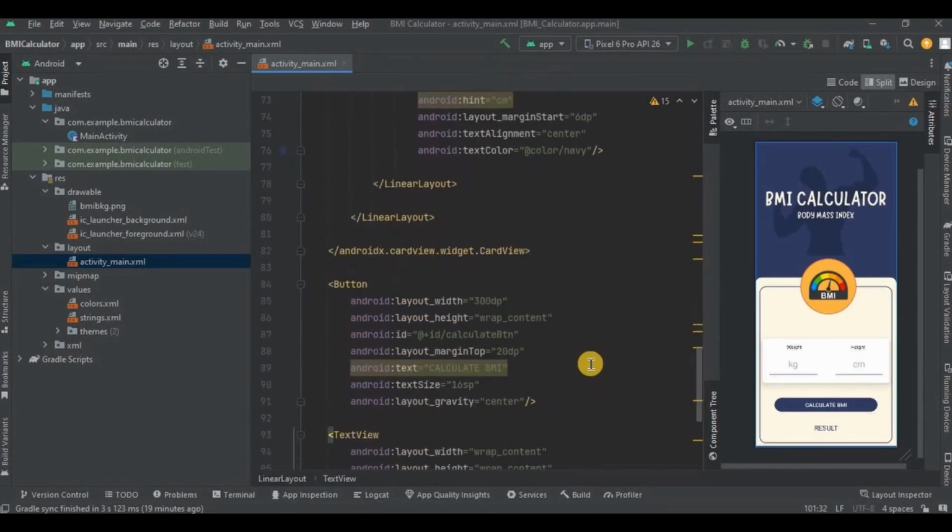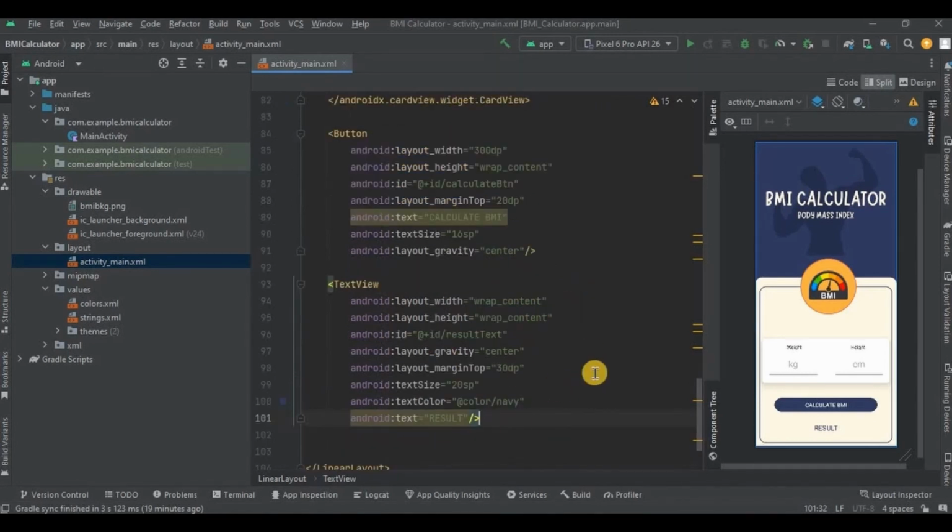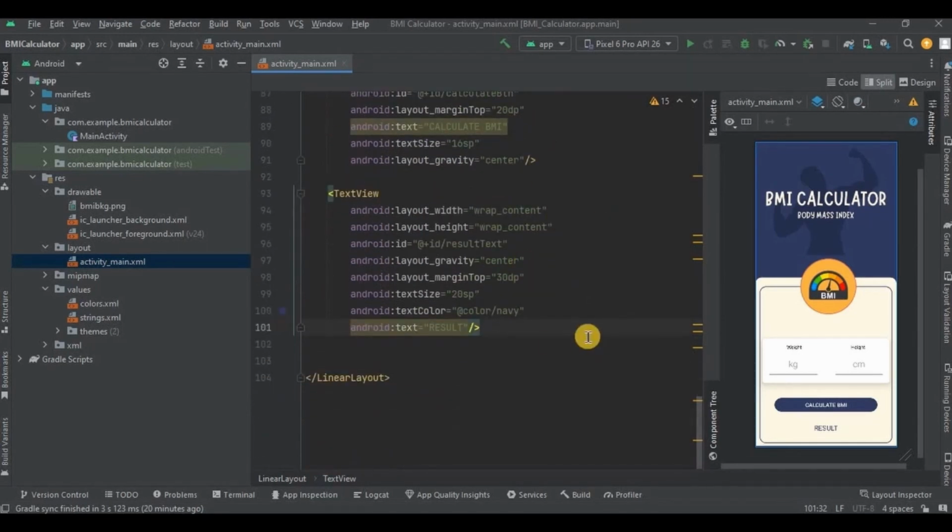Now, outside the card view, we have a button whose ID is calculateBTN. So when the user clicks on it, only then will the result be generated. Then last, we have again a text view whose ID is resultText. As the ID says, this is where we will display the BMI result. Got it? Simple, right? You can customize the layout according to your requirement, but make sure you write the correct